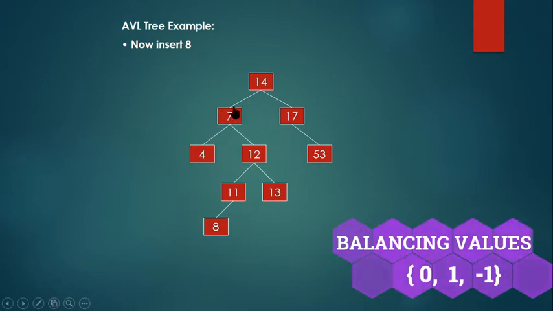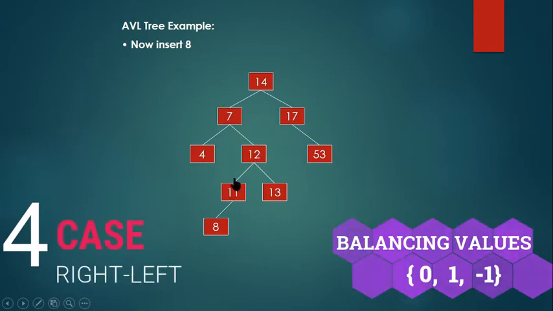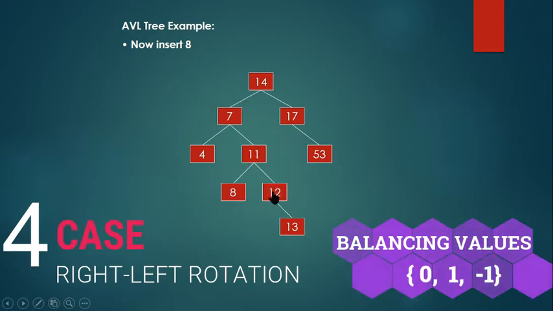Now look what all is affecting this particular node. Here it is one node, we don't have any problem. The affecting nodes are 12 and 11, isn't it? So affecting nodes are 12 and 11. Now again right and left, right and left. So now we have to go to this. I have to make a right rotation. 12 should come down, 11 should go up. But remember, right side I have a node. If 11 goes up, what happens? 12 comes down and below this 12 we have 13. Now look at the problem. Here is a problem. So right, left. So I have to make a right rotation to this 11 and 12. So 11 will go up, 12 will come down. See, 11 goes up, 12 comes down.